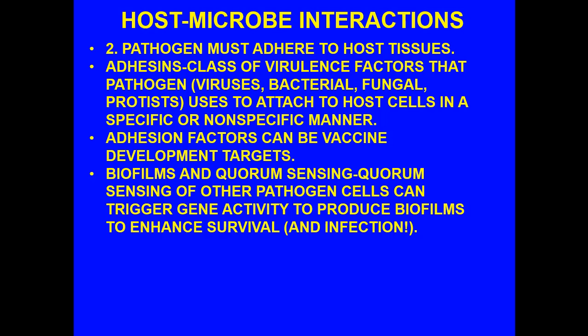Now, the other issue you have to be mindful of when we talk about step 2 is biofilms and quorum sensing. Remember, quorum sensing is basically a communication means where bacteria can tell each other, okay, there's enough of us here, so we can now activate our genes to make biofilms to enhance our survival, our protection against antibiotics, our protection against white blood cells, etc. And that enhances our infective capability. So they make the biofilm, which is basically a lot of polysaccharides, some proteins, etc. And they thrive there, okay?